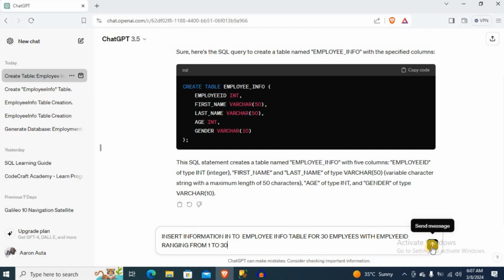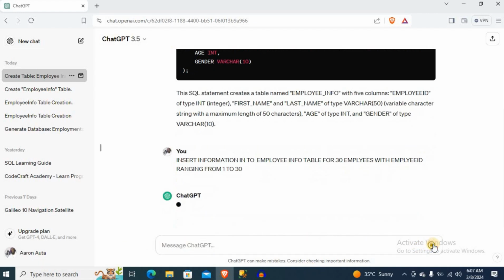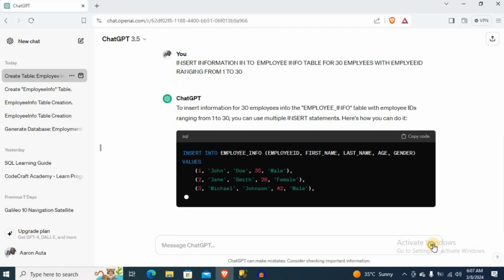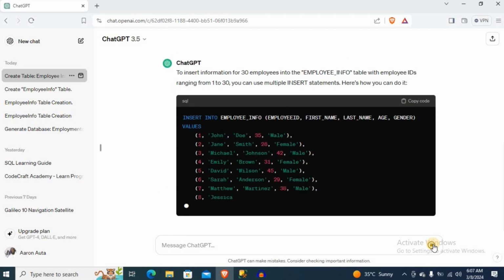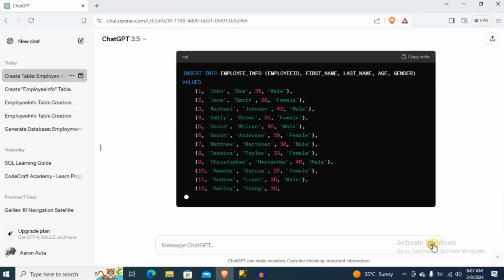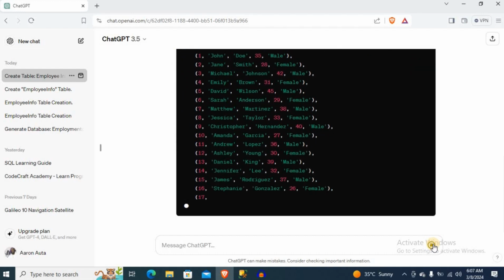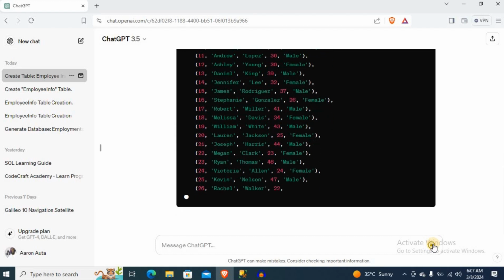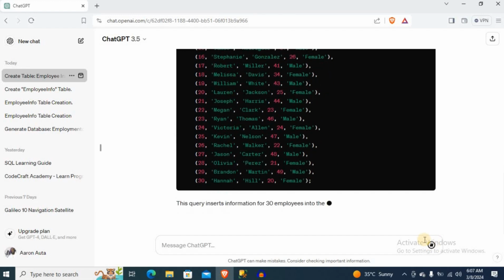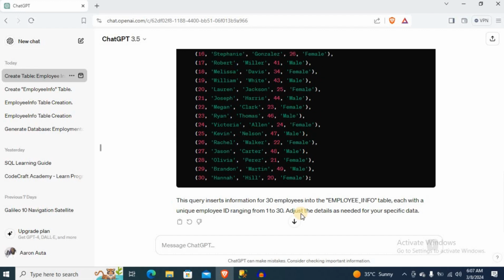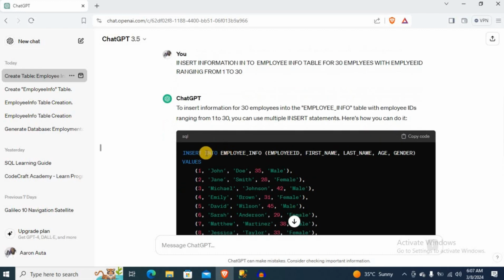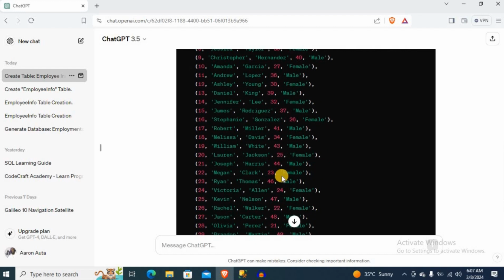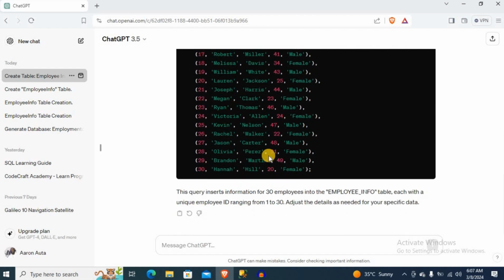So let's send a message and see what it's going to give us. This is interesting. Amazing. So it says this is the information it generates,